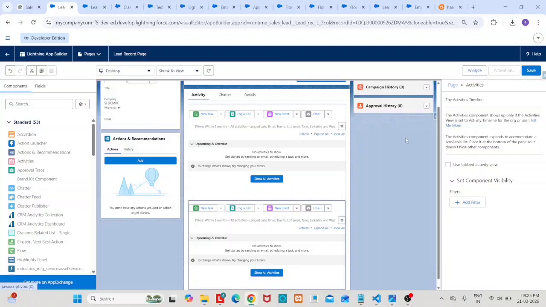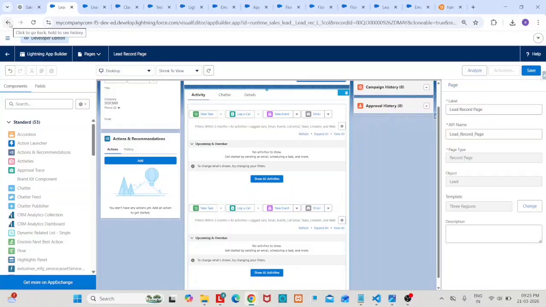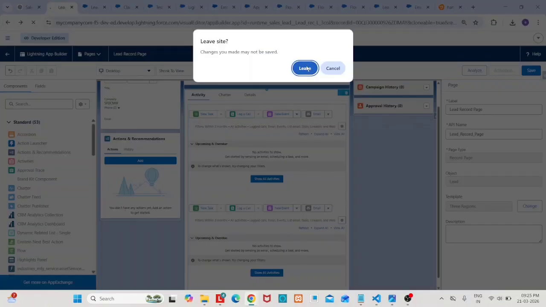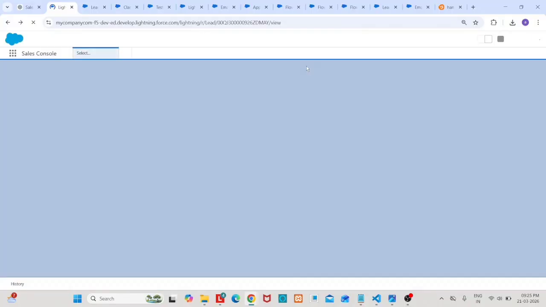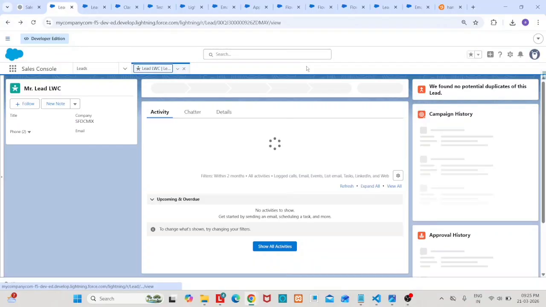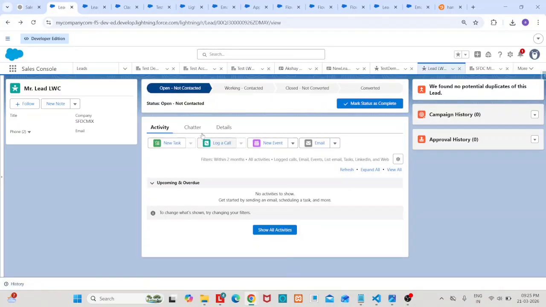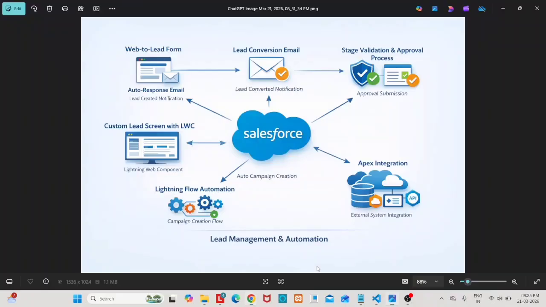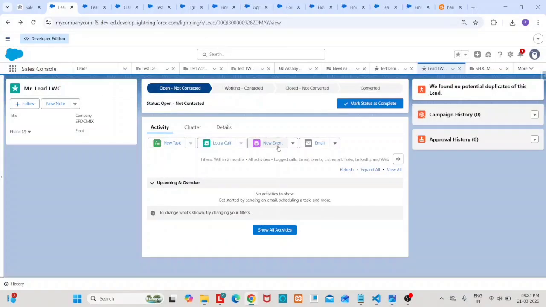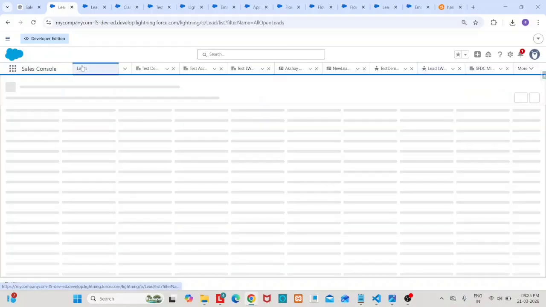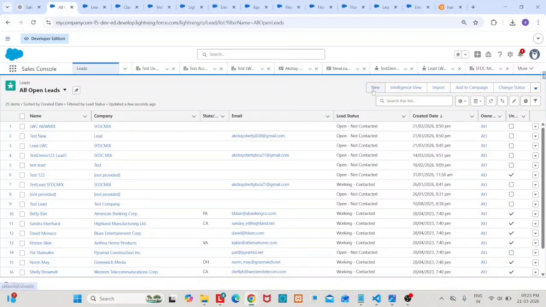But now our requirement is quite different. We want to override the standard feature of the create screen of lead. So if I go back to this image, this is for the Lightning screen, and if I go to the lead object here, we already have a standard feature. For example, if I click on create new,